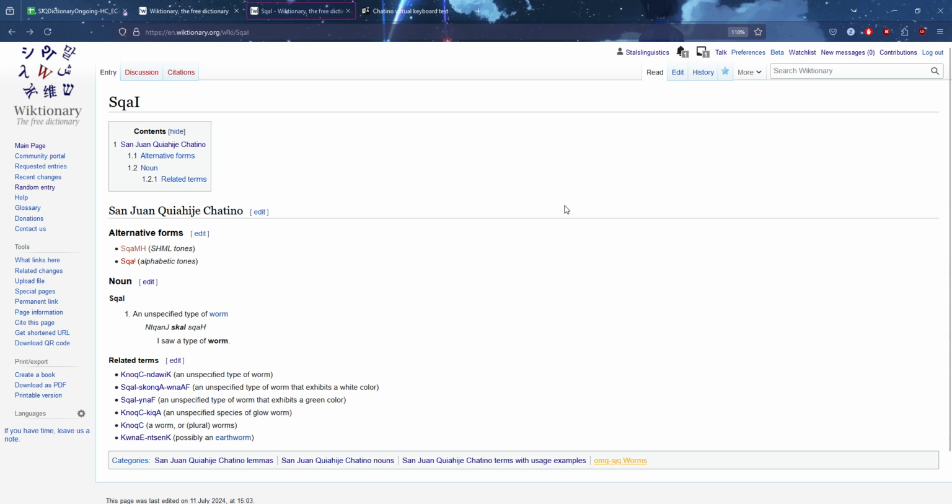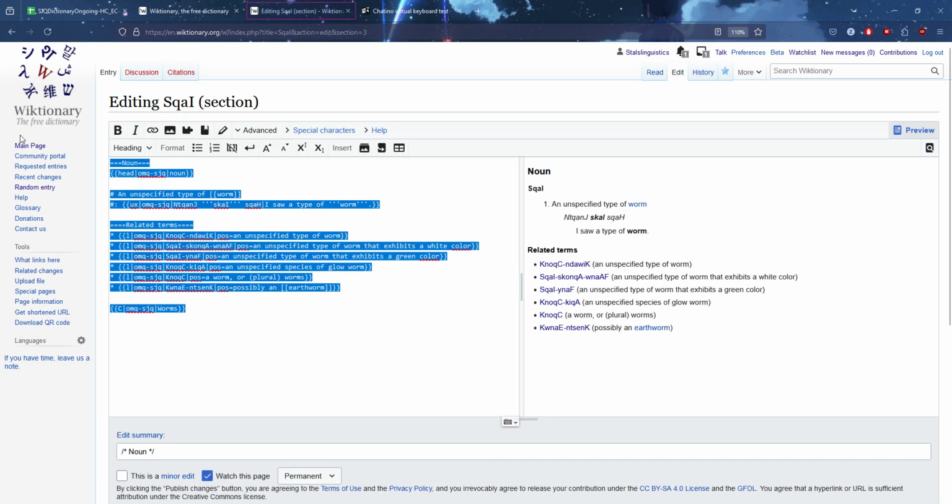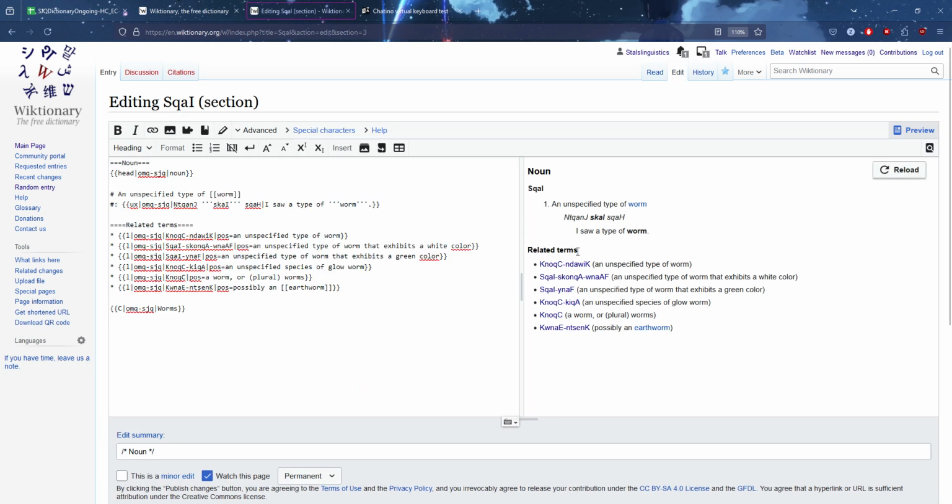So as I mentioned previously, there are two distinct ways that you can edit pages. If you know specifically what you want to edit, so let's say you want to edit the definition, then you would click right here. That would give you access to just this section of the page. And let's say you find out that this is no longer an unspecified type of worm, but rather it's a larva, or larvae plural. So let's say it's a larva, and then you would have to obviously change